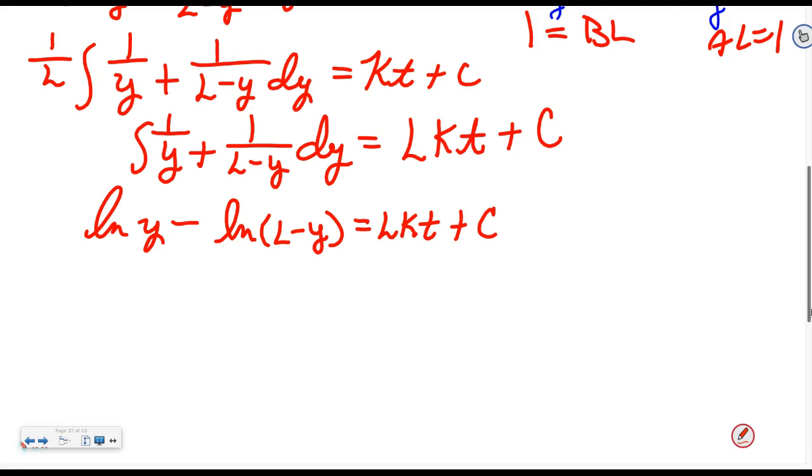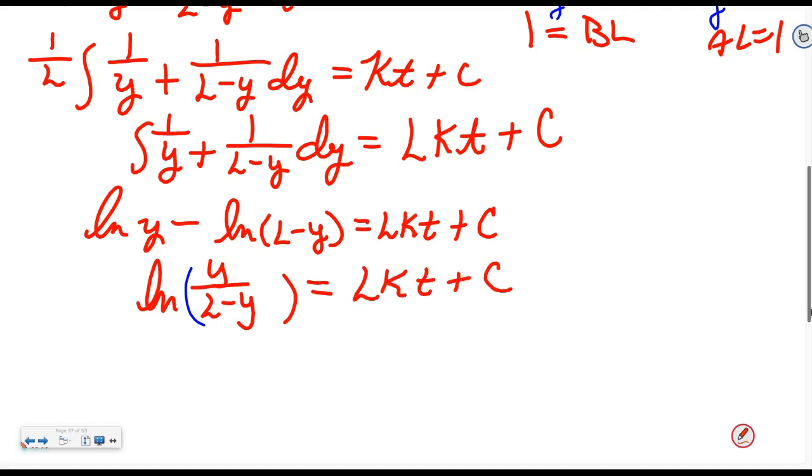So I think I would have caught it in the next step, though, because what do I need to do with my logs? Being that I just did it second hour, and something very different would have happened right now. What do I need to do? Divide, yeah, to exponentiate, I need natural log of one chunk. And again, I'm going to repeat that, not negative. Some of you leave the negative when you try to exponentiate if you have one, or you leave a 4. That has to get out of the way. So this would be ln of y over L minus y, all right, is equal to